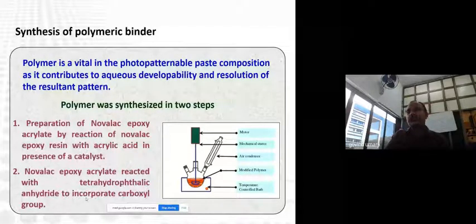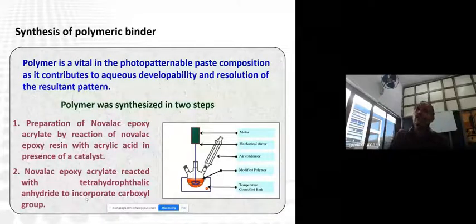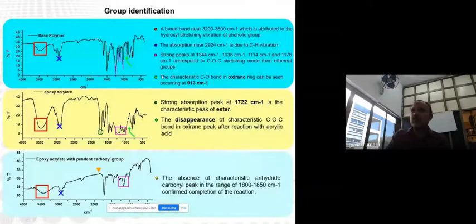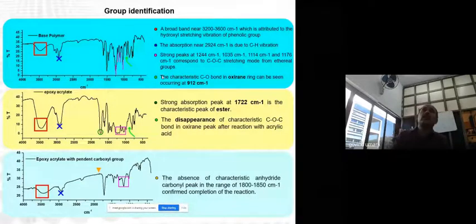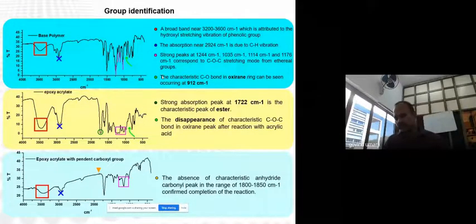The tetrahydrophthalic anhydride group is again modified, reacted with epoxy acrylate in order to have aqueous developability. So at each and every step we have to analyze whether the reaction is successful or not, whether the group attached. So we took an FTIR of the base polymer, where it clearly shows that there is a